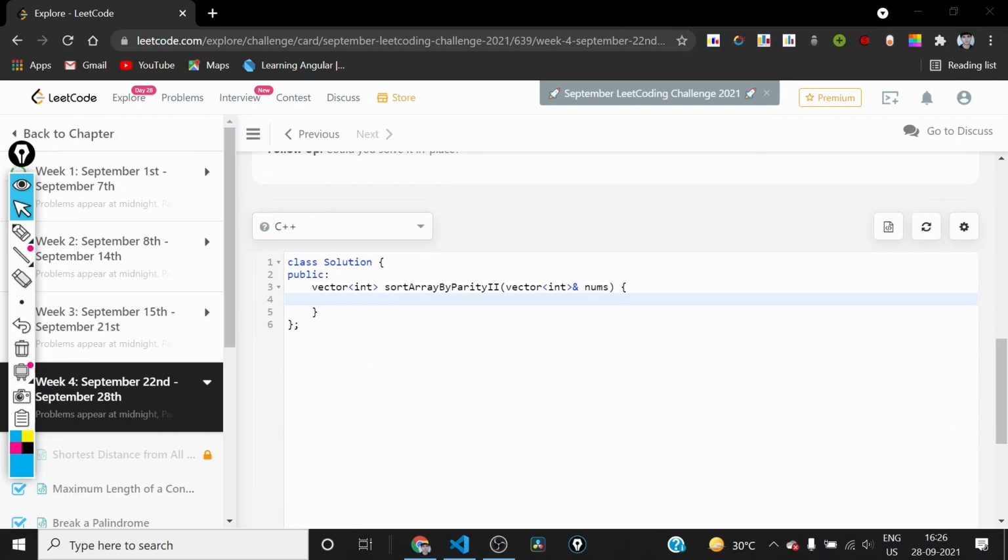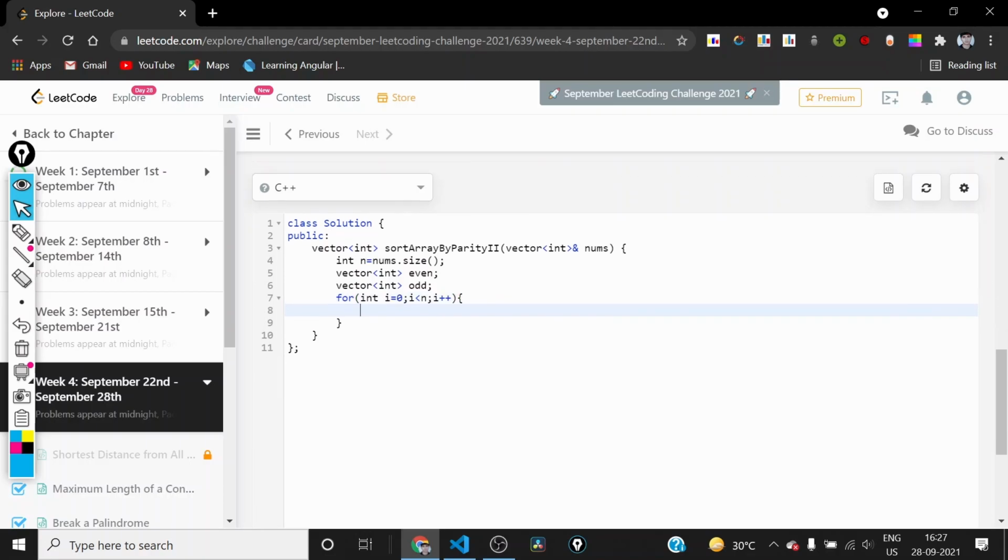So first of all, we will be storing the number of elements present in the nums, and now we will declare a vector for storing the indices of the even elements that are at their wrong positions, and we'll also declare a vector called odd. Now we can iterate over the nums vector, right?